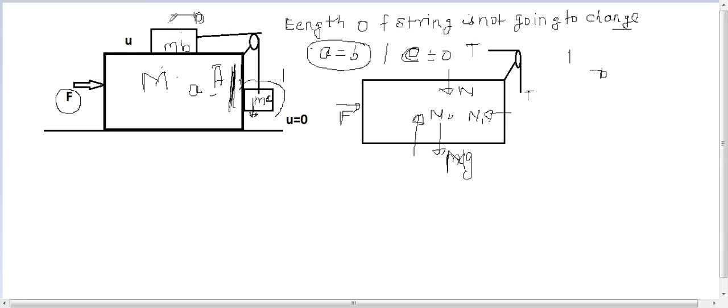So to support the acceleration in this direction, the total strength should be